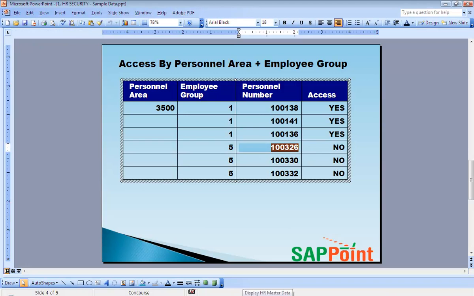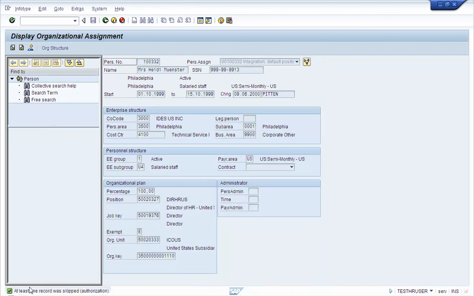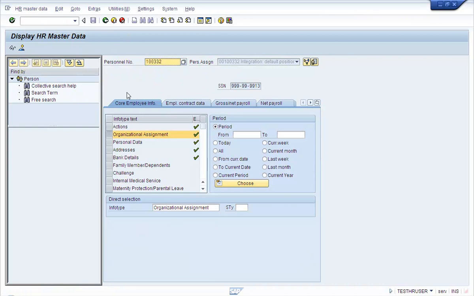332. So you have at least one record missing for all of those users. So you're not able to see the complete data for those users.